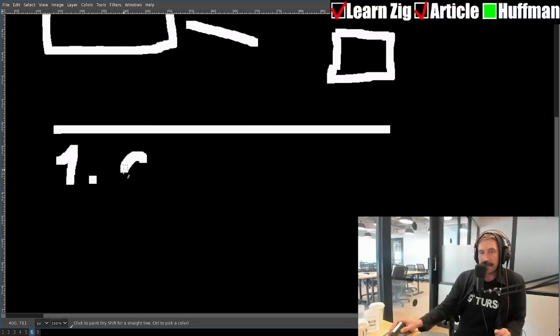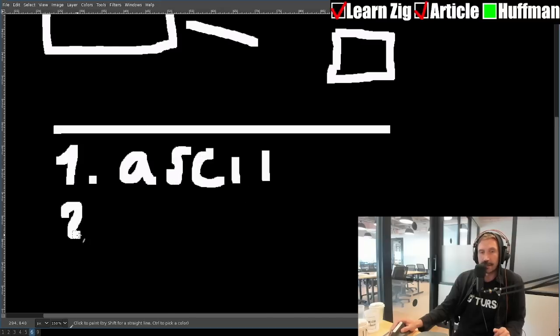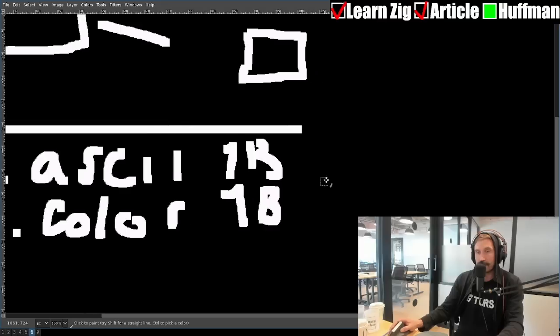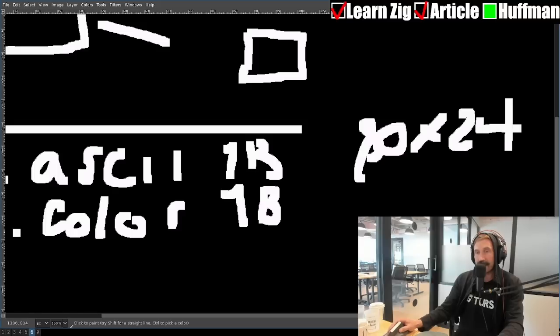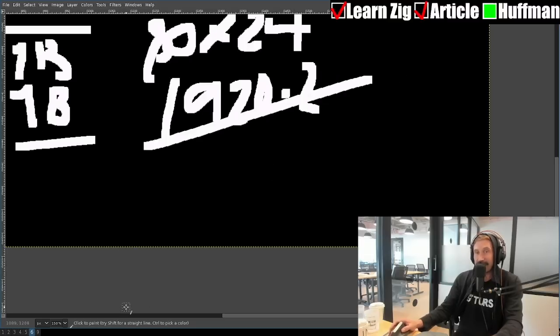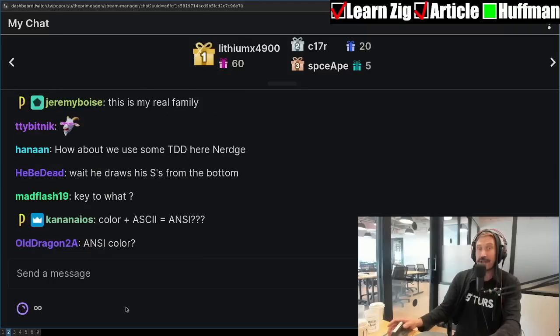One, we are setting down ASCII, right? But we're also setting down color. And the color is 1 byte. So this is really good to know, and the ASCII is 1 byte. So that means if it's something simple, if we're literally only doing 80 by 24, right? 80 by 24, that is going to be 1920 times 2, right? Because I have 2 bytes. That makes things hard, right? So that means we have to send down a lot.